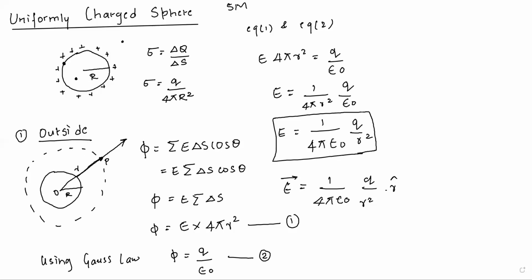Now let me take the second case. I will clear this. If you want to copy it, please pause the video and then copy. Now I'll clear the screen and we'll go to the second case. We'll consider the point P on the sphere. This was the sphere which we considered earlier with the radius capital R. In the first case we considered a point outside the sphere, somewhere here. Now we are considering a point on the sphere.